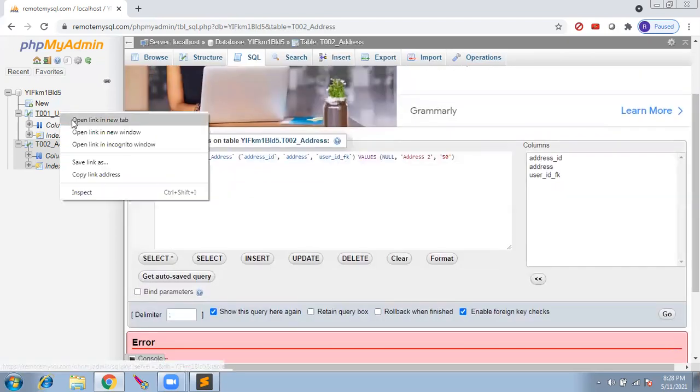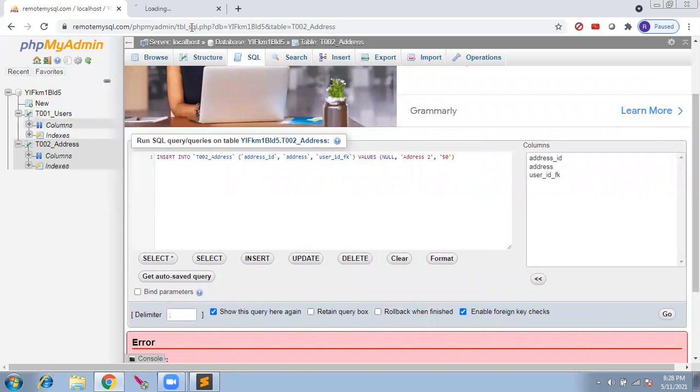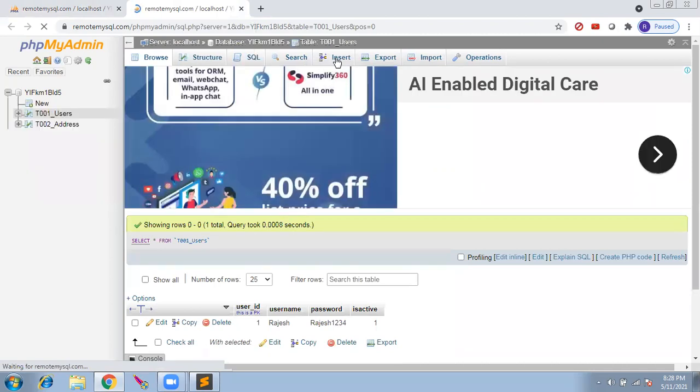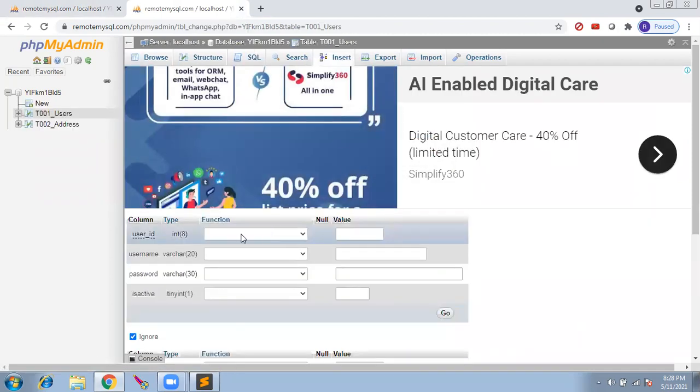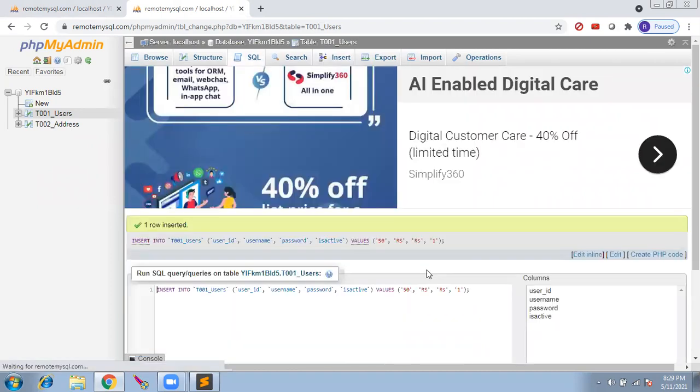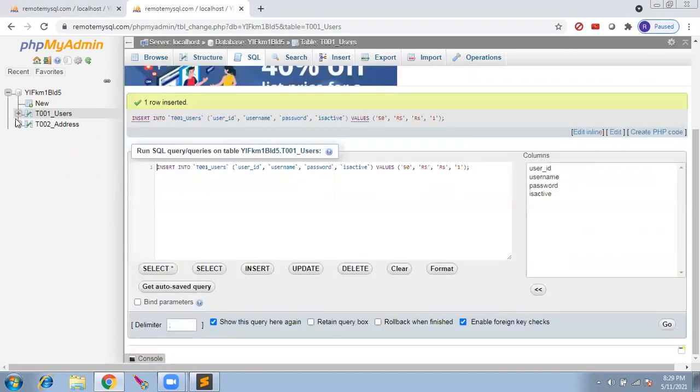So let us go to the user table and try to insert a record as 50 and we'll see. Even though it is auto increment, let us try to give the value 50 manually. Username is, password, and active is 1. Let us see. Okay, so 1 row inserted.